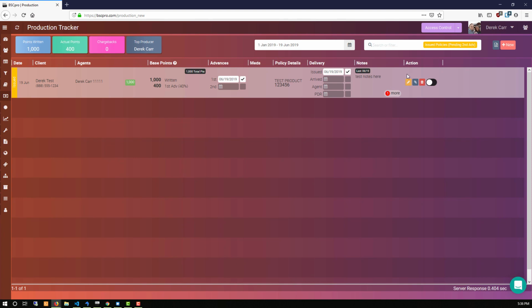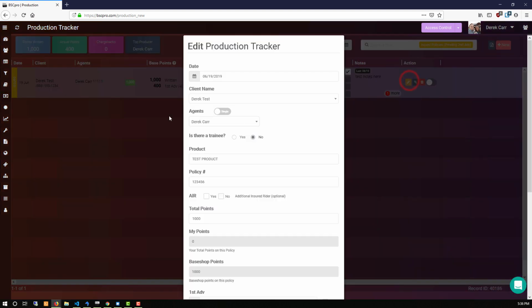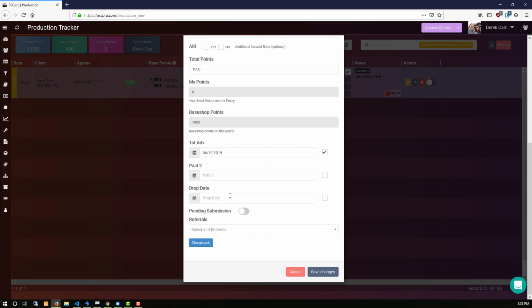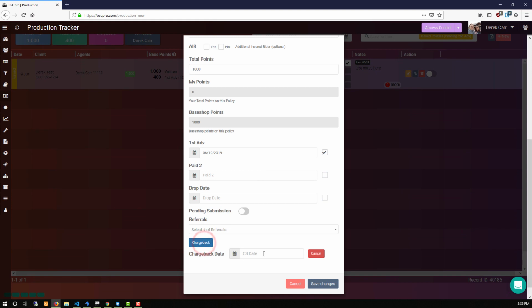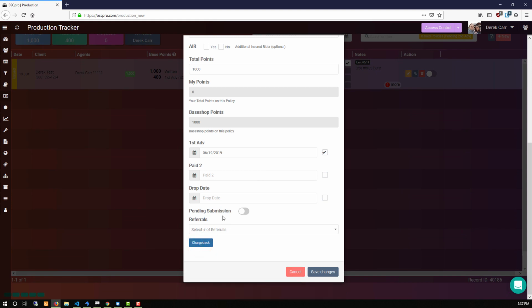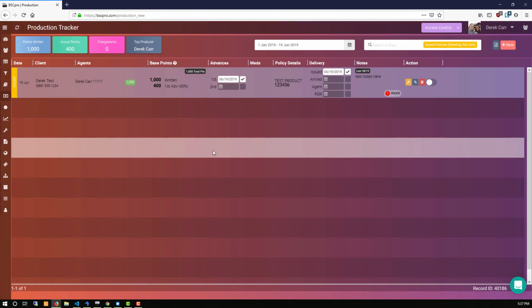Then all the other things are here. A lot of these you can click the edit button, the yellow edit pencil, and you can edit details on these policies if you need to. You can set a chargeback date from here if you need to. And you can also set a policy as pending. So a pending submission just means you haven't actually submitted it yet, and that will keep it from counting the